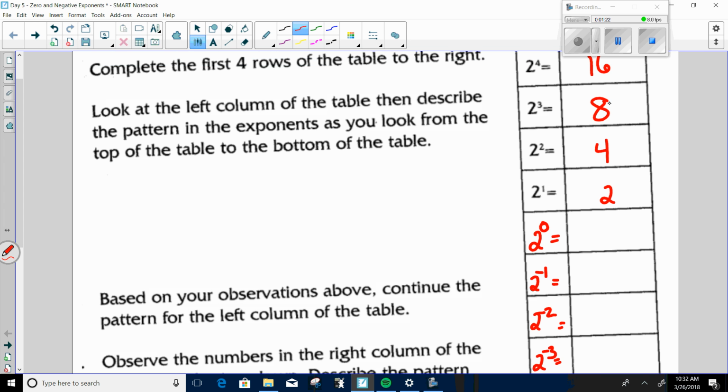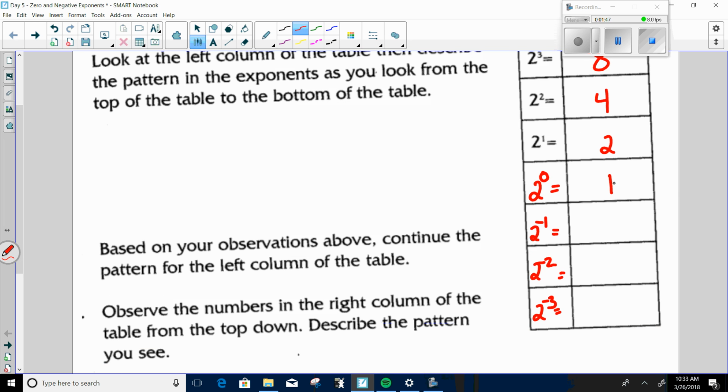To get from 16 to 8, you could subtract 8, but you could also divide by 2. If you look from 8 to 4, notice you could subtract 4, but you could also divide by 2. So notice up here, 16 to 8, divide by 2. 8 to 4, divide by 2. 4 to 2, divide by 2. The next one would be divide by 2. 2 divided by 2 is 1. Then you take the next one, and you go 1 divided by 2, which would be 1/2. And then 1/2 divided by 2, well, if you cut 1/2 in halves, you would get 1/4, and then you would get